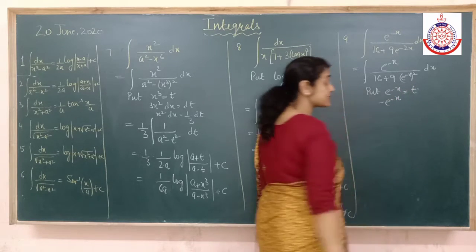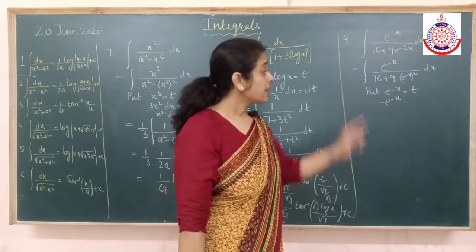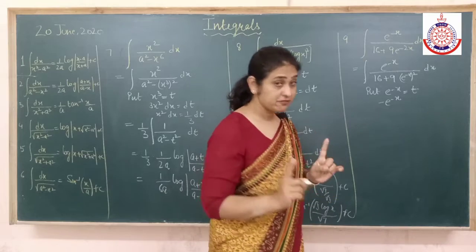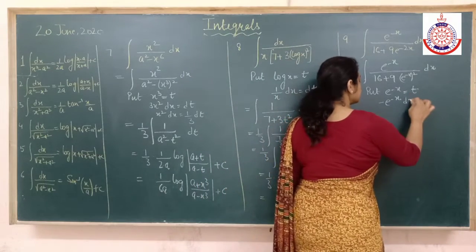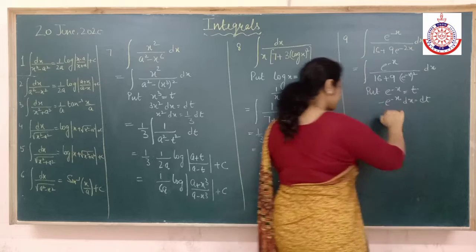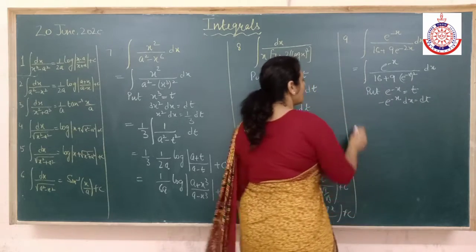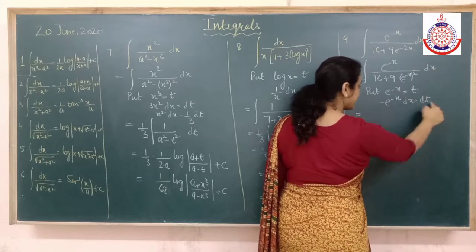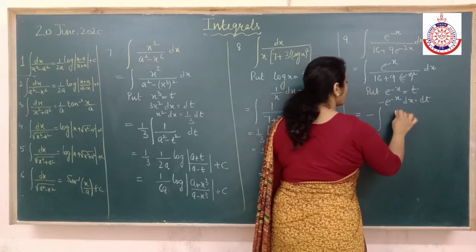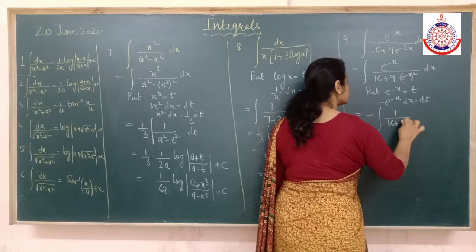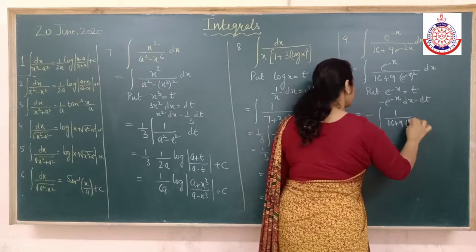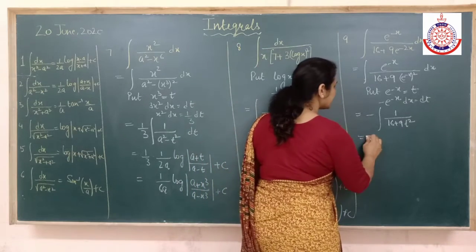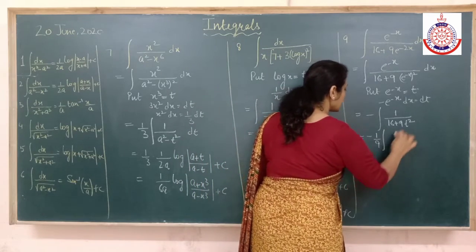Differentiate, e raised to power minus x, the differentiation of e raised to power minus x is minus 1. Alright, you can't forget differentiation, children. dx is equals to dt, I don't have a negative, that will go that side. Alright, so my question, e raised to power minus x dx has become minus dt, so minus I'm taking out. 1 upon 16 plus 9, this is t, become t square. Very simple now, you have done the questions. I'll take this 9 out.